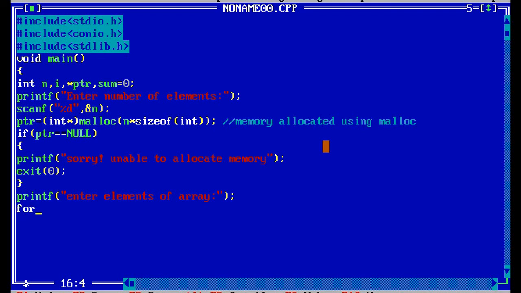So for i equal to 0, i less than n, i plus plus I am writing.